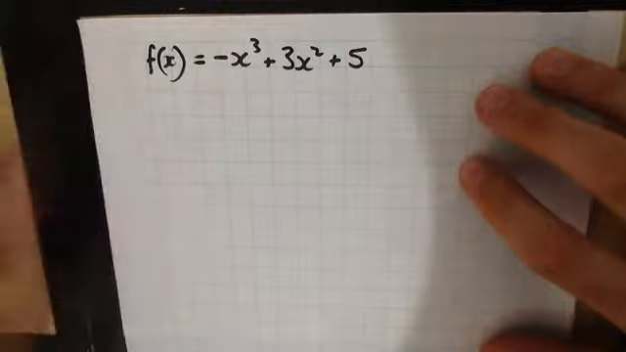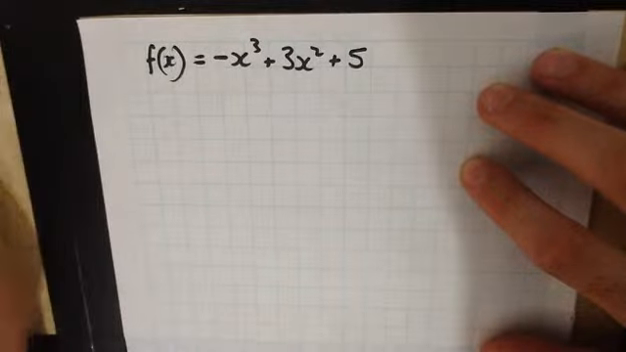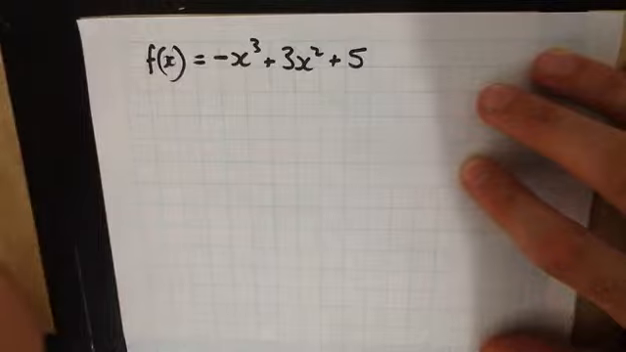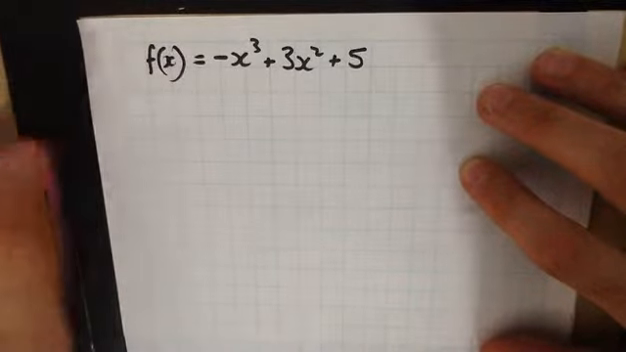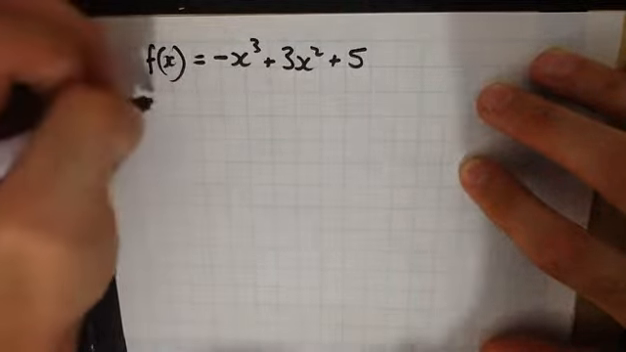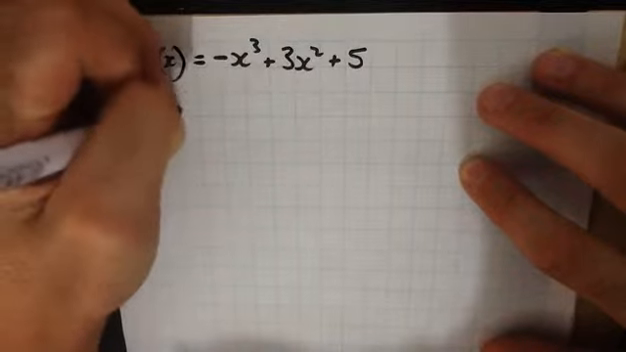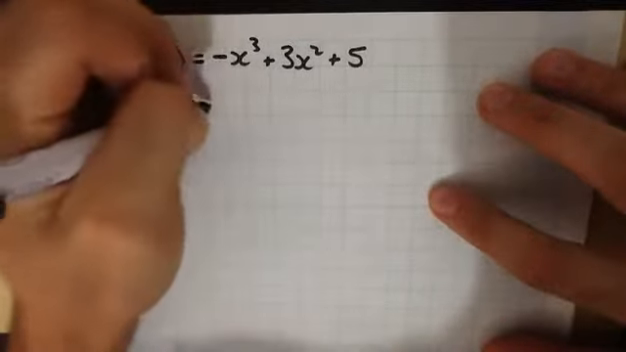So we want to find the intervals where this function is increasing or decreasing. In order to do that, you're going to have to draw a sign diagram of the derivative. So let's get the derivative of this function. The derivative of the function would be equal to